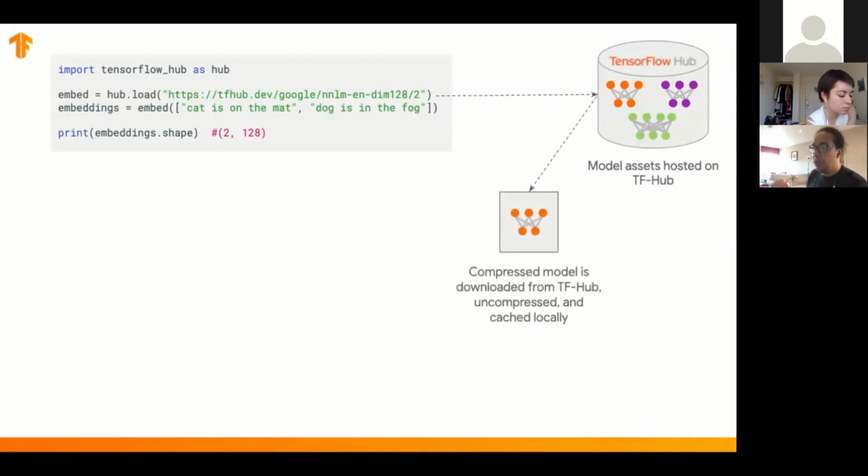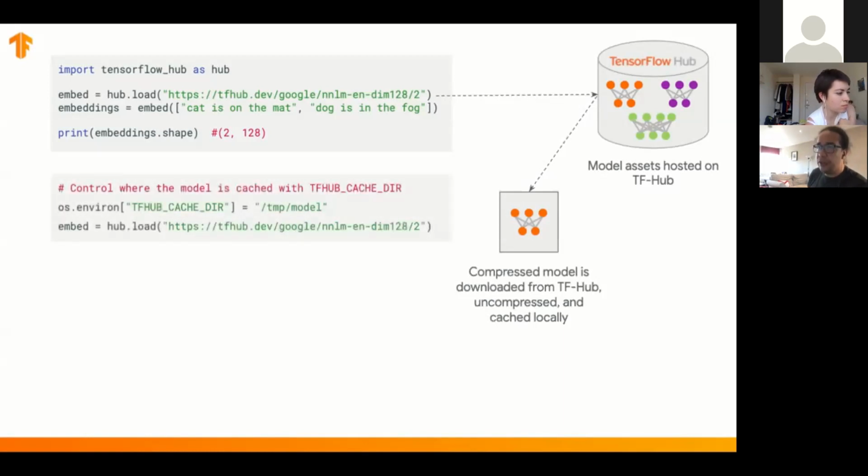It will download it locally for you to use directly, and it's going to be the cache. You can define the cache here. You can define an environment variable to set where this cache is going to be. If you want to work with this directory later, on regular settings, you don't need to worry about where the model is.